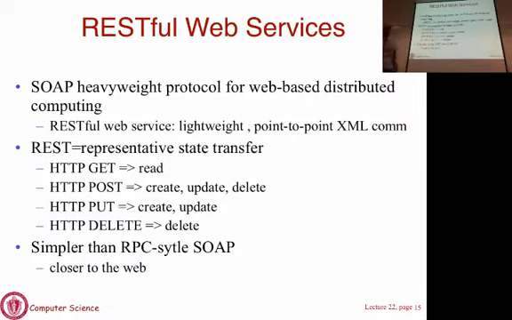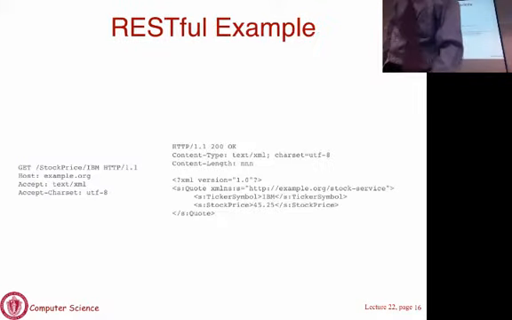Simpler than RPC style SOAP, and I'll show you some snippets here. So here is an example where you have a web client that is simply retrieving the stock price of a company. Think of it as a call to a service saying, give me the stock price. The argument is the name of the company or the stock ticker. It's an RPC request that's going over HTTP. So here you basically say get stock price. That's the name of the method you call. And then you specify an argument, and that's the machine it is going to go to.